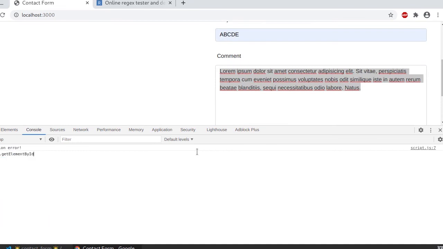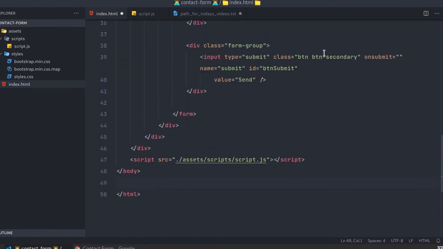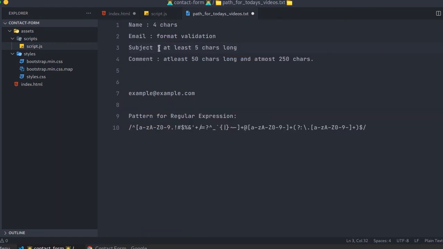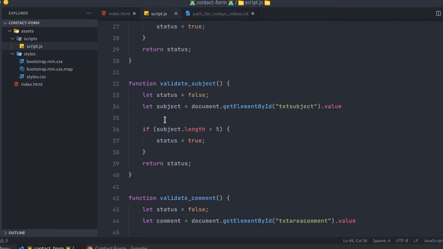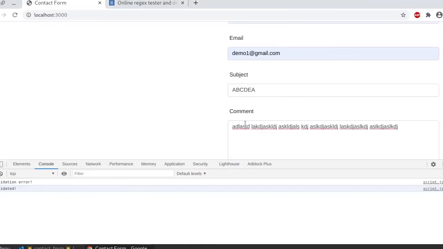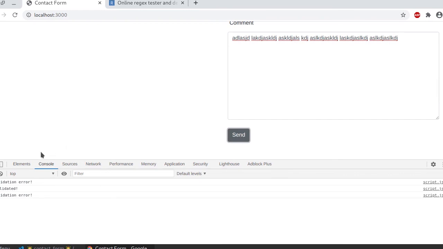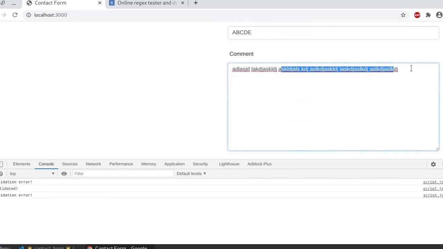So document.getElementById and the field name is here. Just a second. Yeah, so if there was a little bit of confusion, forget that. Here the subject must be at least 5 characters long. So there is a condition that means your subject must be more than 5 characters. Here it is not equal to, because of that there is confusion. So simply add another character and try to submit it, so it is validated, and when it is less than that, then there is an error.